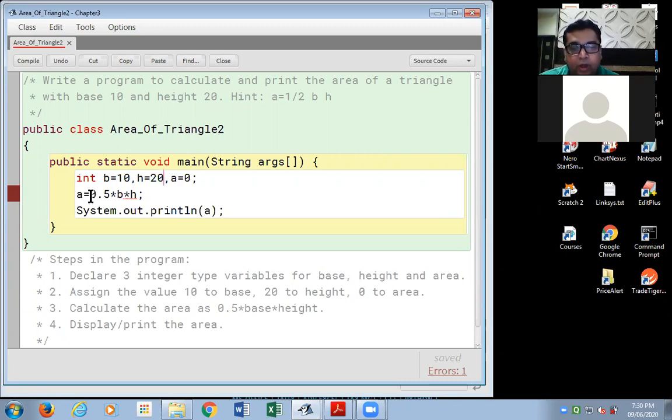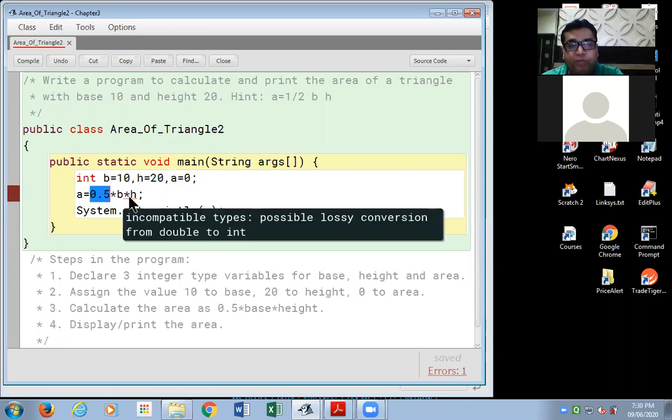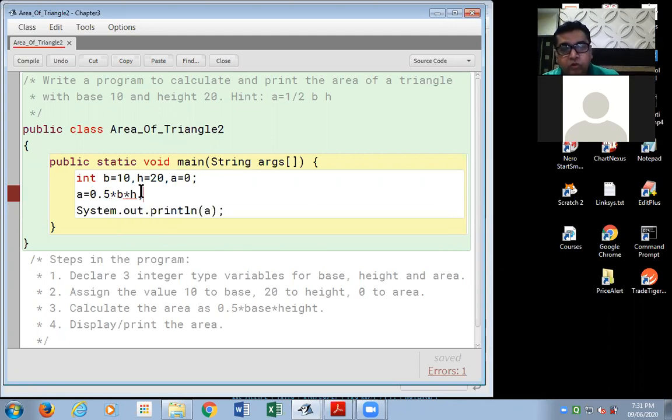Over here in this formula, I've written 0.5, which is, sorry, I was about to give the answer. You tell me what type of value is 0.5, please. What type of value is 0.5 in that formula? Half or 0.5?